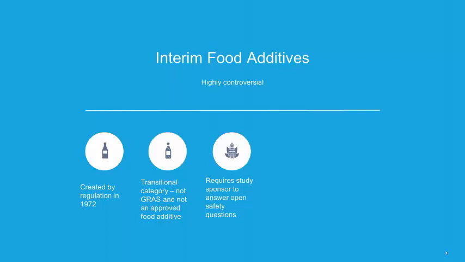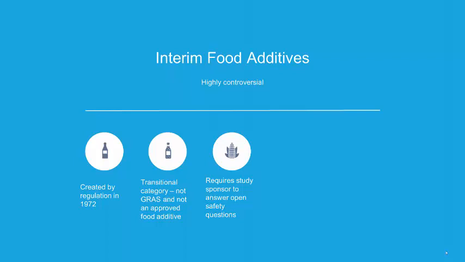There's a whole process that goes with it, and it's really not worth getting into because it was created in 1972. It was specific to some reaction around some particular substances and not really used since then. So we have it in theory. If you had a GRAS substance that had safety concerns, the FDA could put you into this interim food additive category, and from there require you to go through this new submission process where the FDA finds,